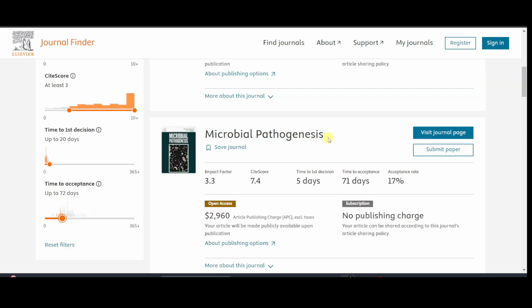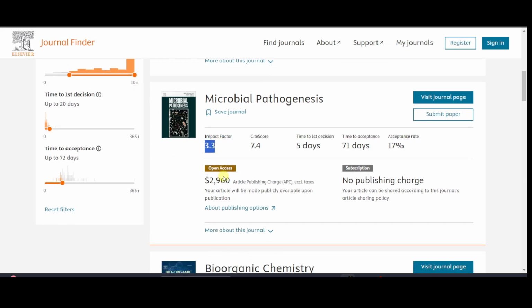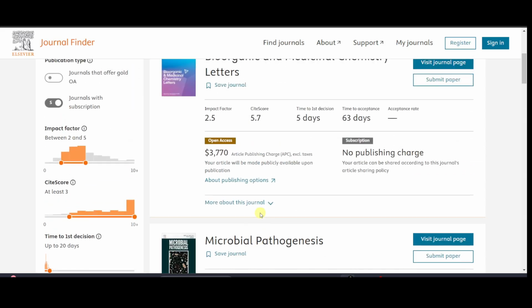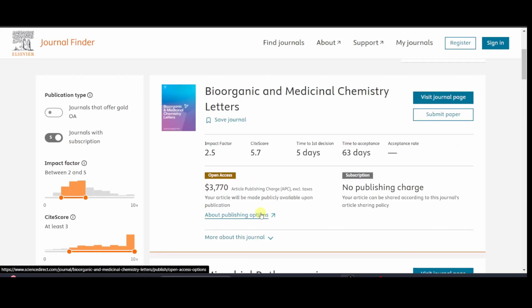Microbial pathogenesis suits our needs. 70%, 71 days. It will respond very, very quickly, impact factor 3.3. So as you can see, interestingly, we have narrowed down the journals which are very suitable, which are good